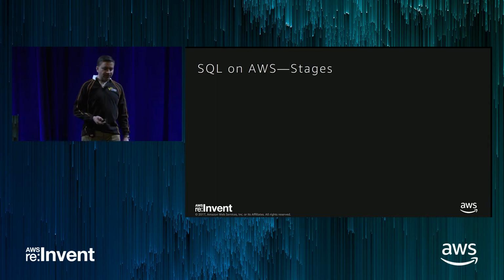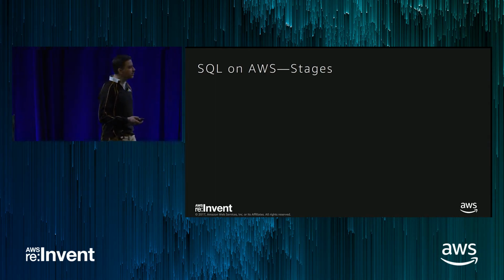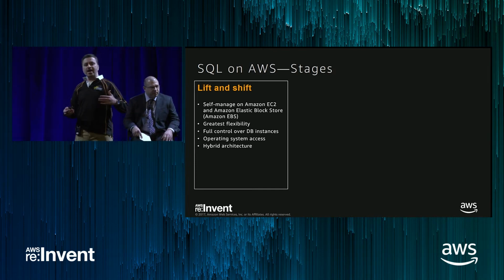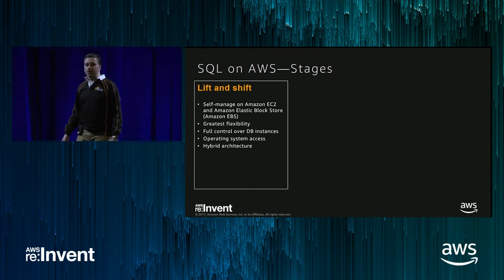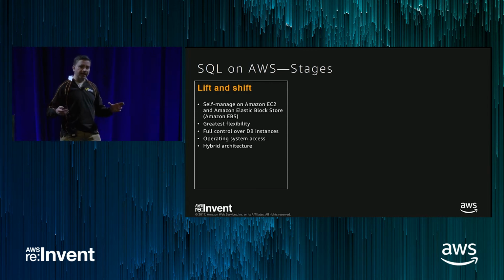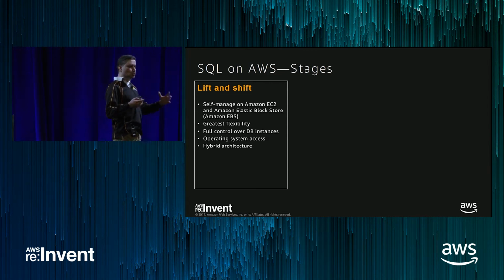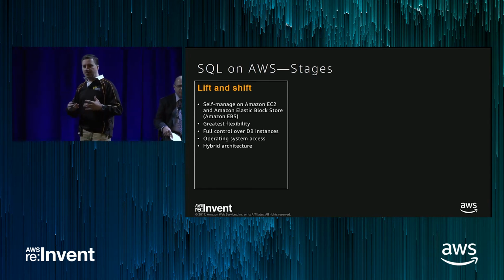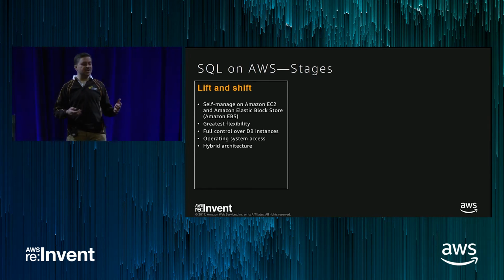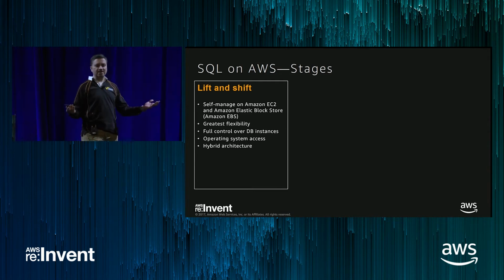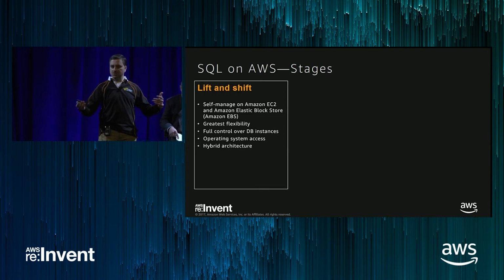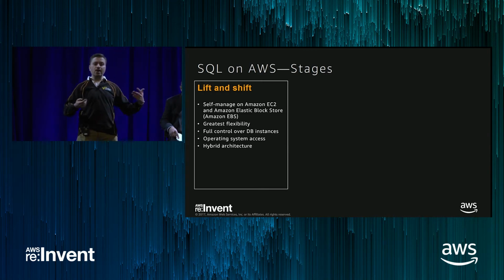Okay, so when we start thinking about different options on AWS, typically when you first start with a migration project, you'd want to have the same look and feel, the same comfort, the tools that you have always used to managing your database. For example, running SQL on AWS EC2 is exactly the same as running SQL on your on-premise virtual machine. EC2 is a virtual machine, and running on-premise on a virtual machine is pretty much the same,